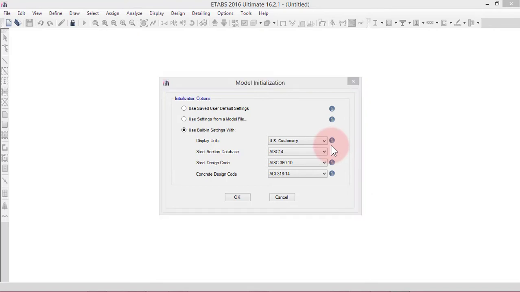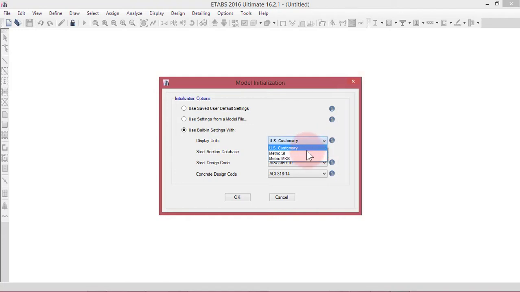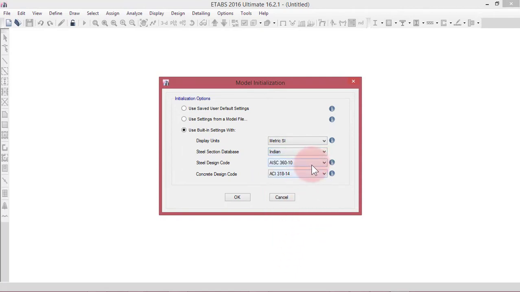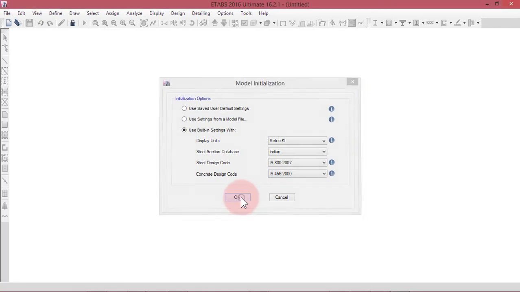Everything is in feet and inch, and this unit system is not familiar for us. So we have to change this to metric SI, steel section database Indian steel design code IS 800 2007, concrete design code IS 456 2000, then click OK.